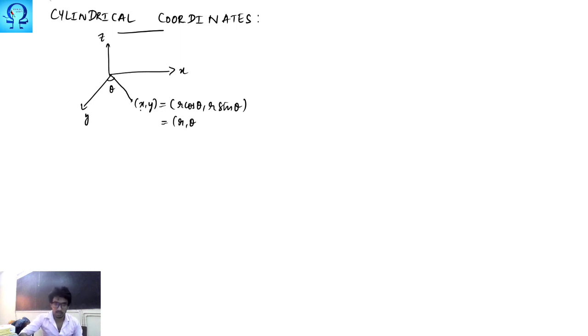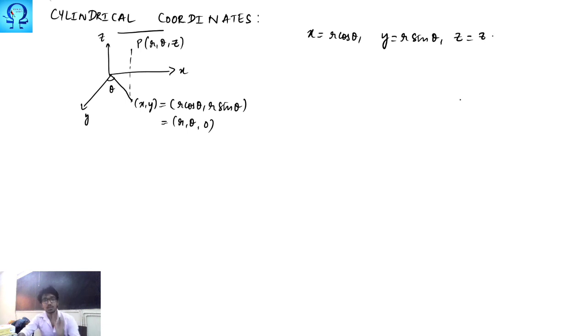Since it is in three dimensions, along with this we are going to add z also. You take some point over here, and this is the general point P, and this distance, let that be z itself. So this point we represent as r comma theta comma z. In cylindrical coordinates we make use of r, theta and z. So what is going to be x here? If you have to convert your rectangular coordinates into polar coordinates, your x is going to be r cos theta and y is going to be r sin theta, and z remains z as it is. So this is how the conversion of rectangular to cylindrical coordinates takes place, right?